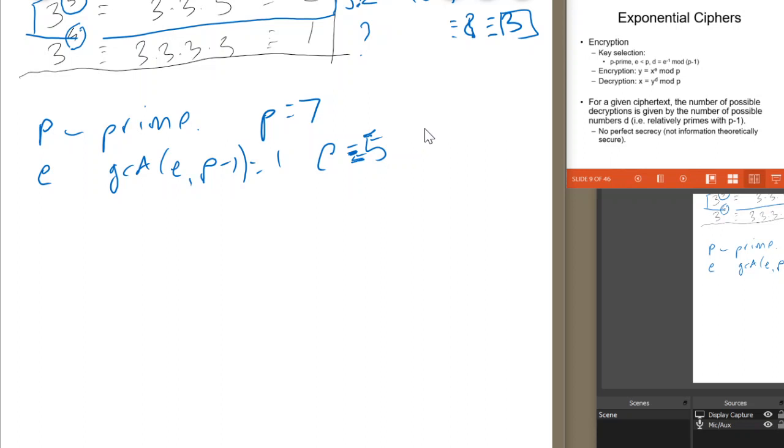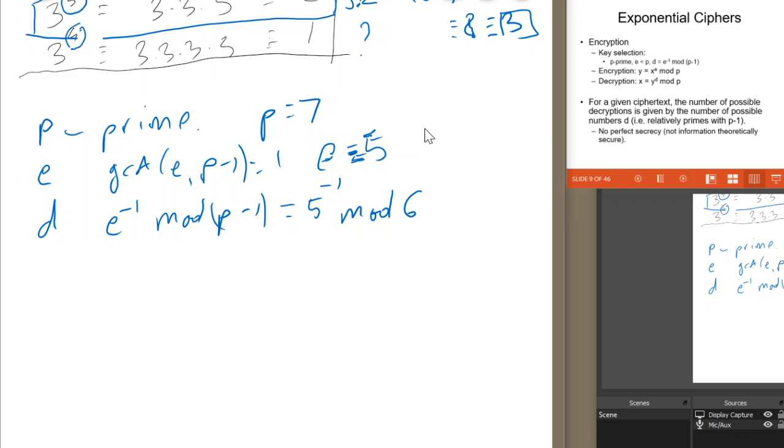And in order to decrypt, we are going to have to raise a ciphertext to a power d, computed as the inverse of e mod p minus 1. In our case, 5 inverse mod 6,